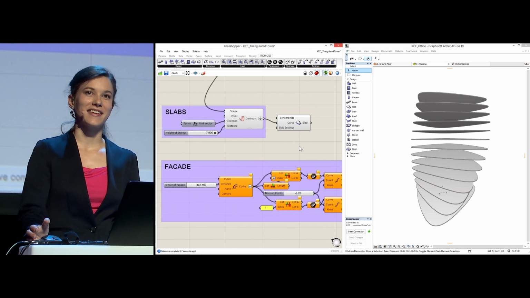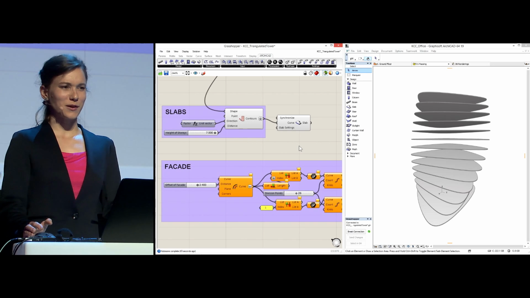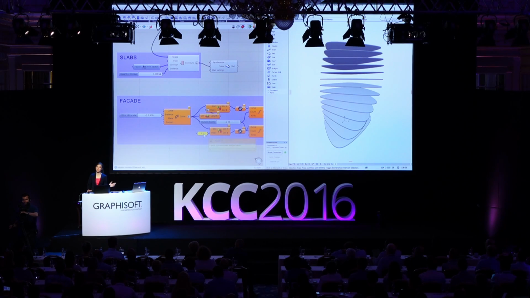Now, you may think, well, this seems to be quite complicated. We have to manage all those boxes and wires and connections. But believe me, it's not that complicated. No programming background is needed, really. I'm an architect, like most of you in this room, and I can tell you that algorithmic design can